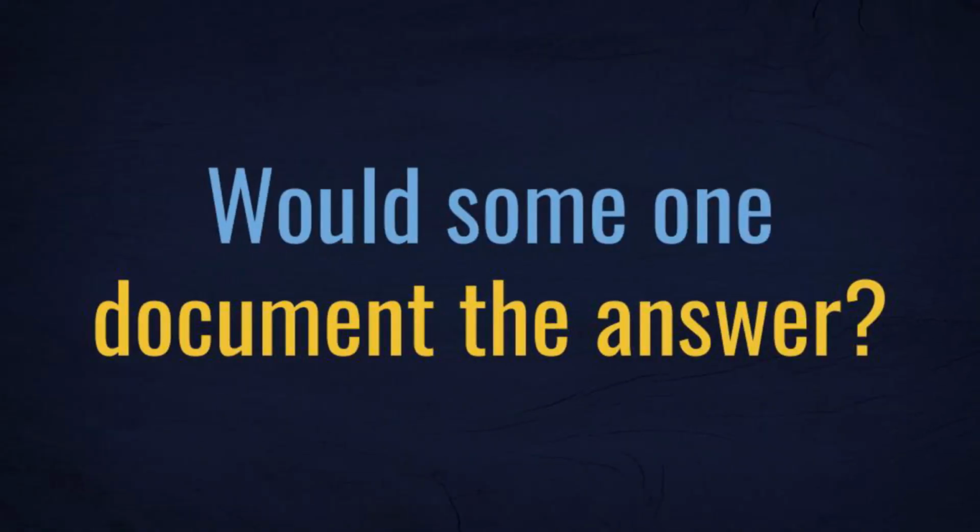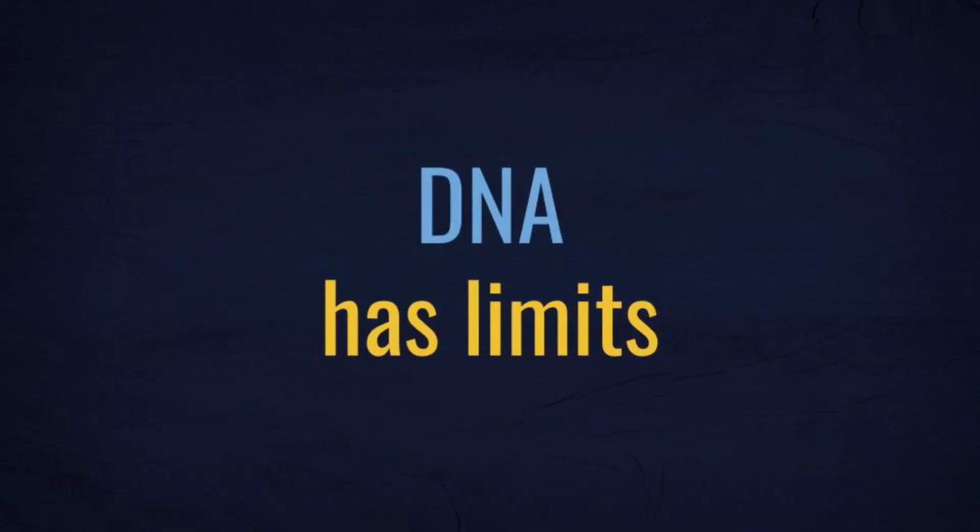Specificity also helps us determine whether a genealogy question can be answered. We need to consider if someone would have documented the answer and if records exist for the time and place we're researching. Additionally, we should be aware of the limitations of using DNA to answer questions that may fall outside the scope of what genetic genealogy can do. So again, it's essential to know which genealogy sources can answer a research question.